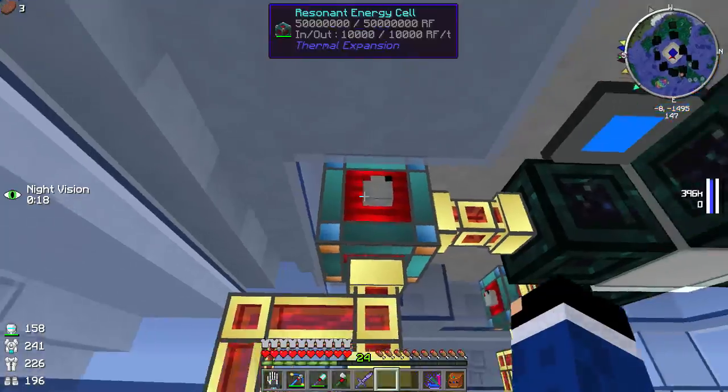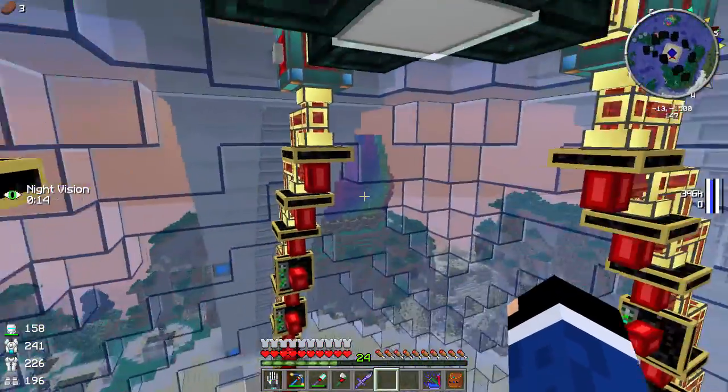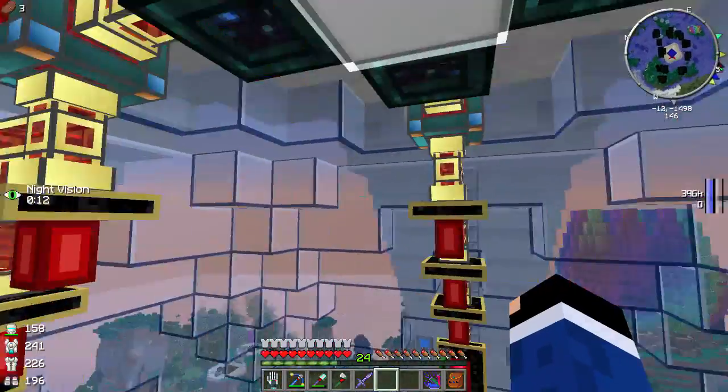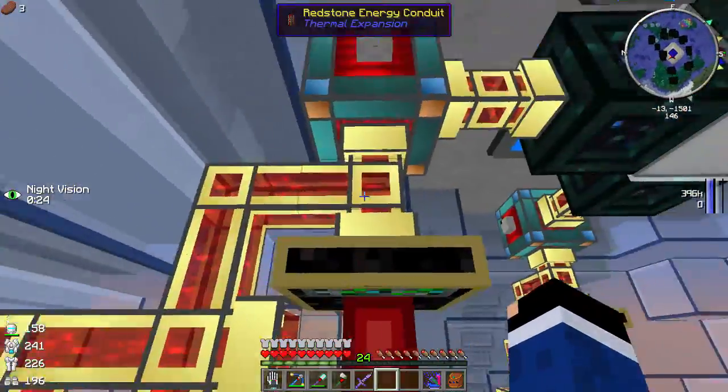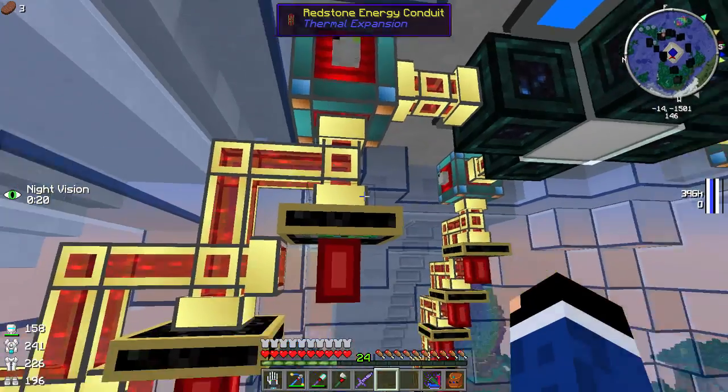A lot of people were giving all sorts of different comments in the last video telling me what we could do to increase the power. I started doing a little bit of research myself, and you guys gave me a lot of good tips too. Straight away, one of the first things is that the redstone energy conduit can only pass